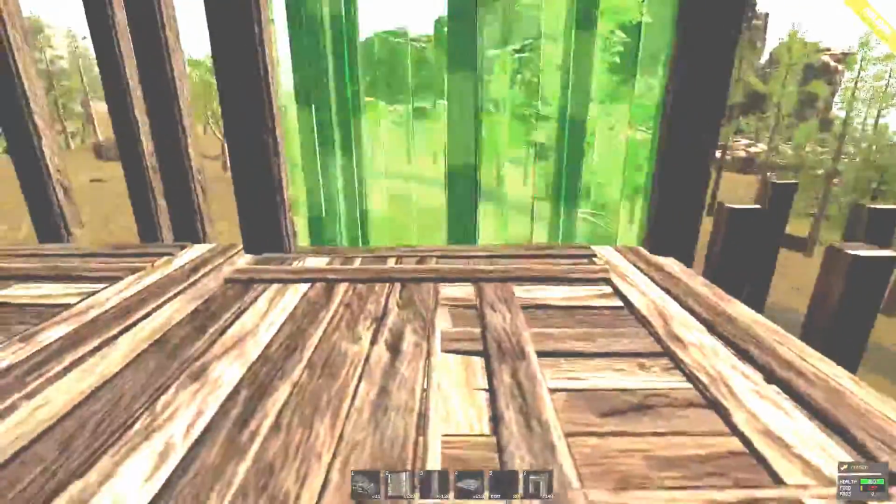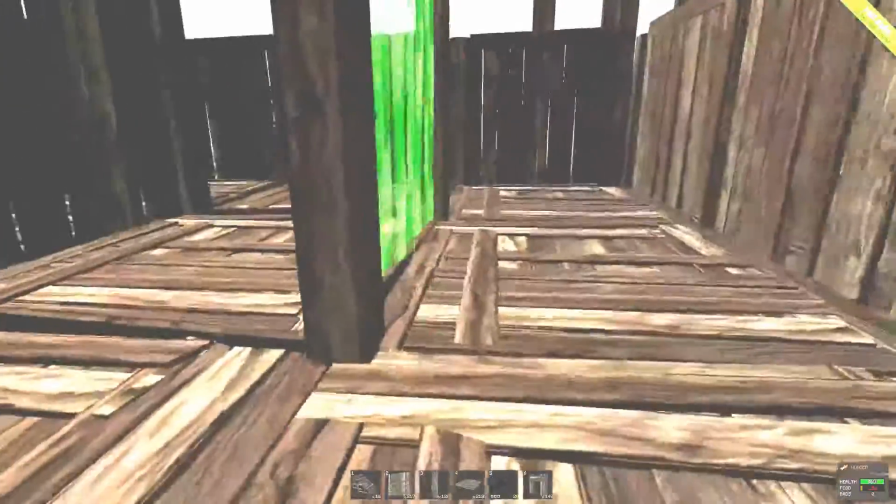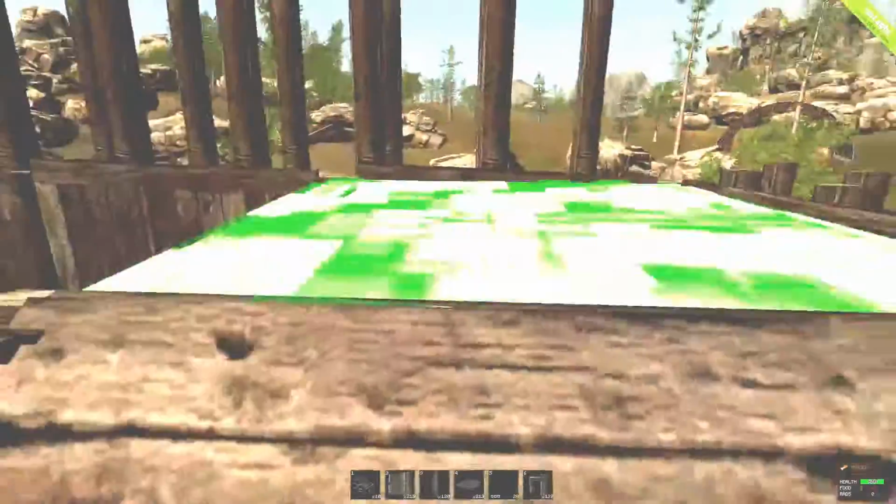Alright, we have the pillars up. This is going to be the loot room. Now you could expand the floors more, but I'm running out of time for this video, so I'm only going to do this. Put the ceilings on. You could raise it up. One thing I will add actually is a ramp,